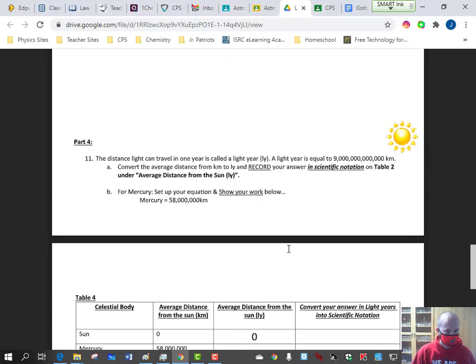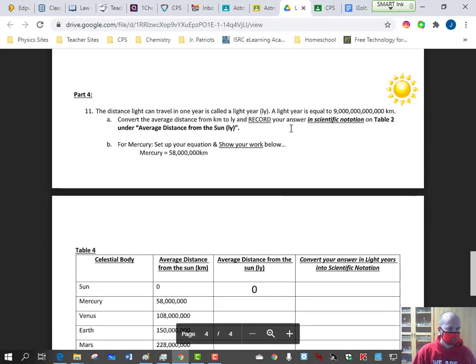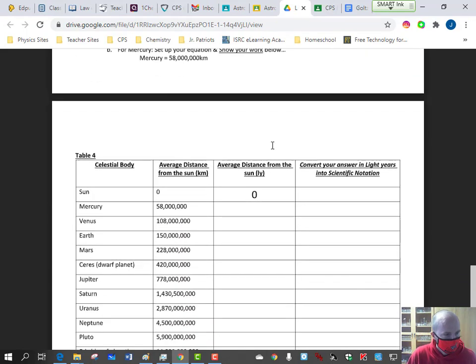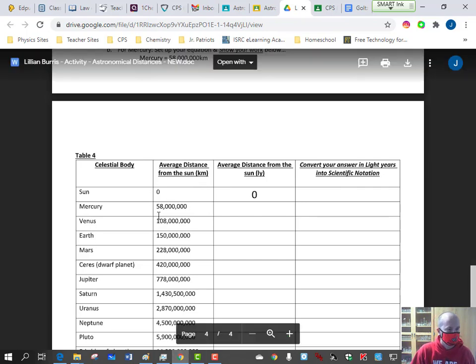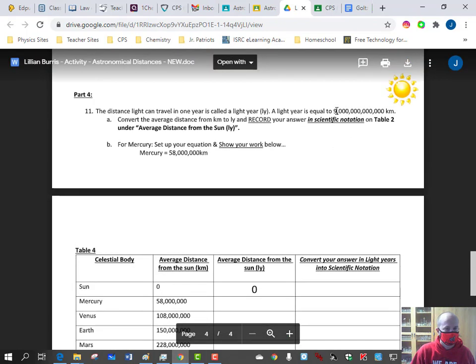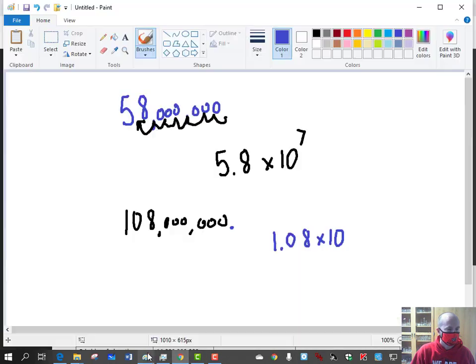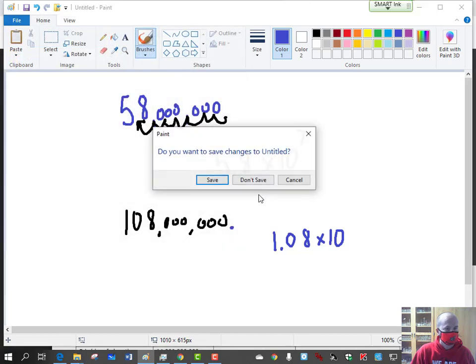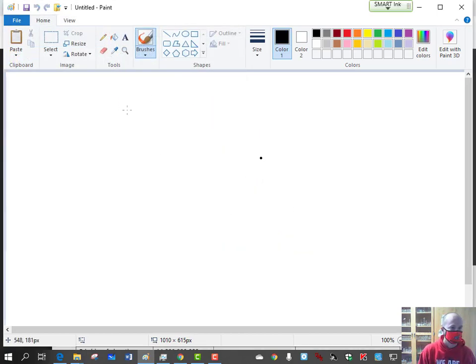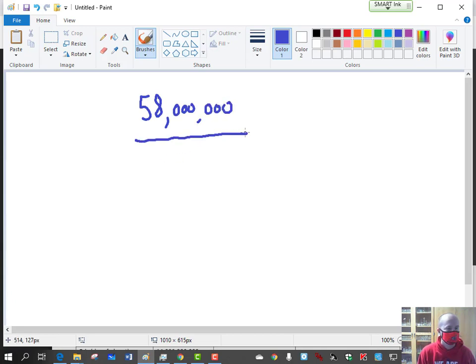Now for part 4, you're going to do a little division. You're going to take all these numbers here, each one, and divide it by this number here. It's really simple. All right, let's do an example. So the first one you've got, 58 million, divided by, make sure you guys understand that, divided by